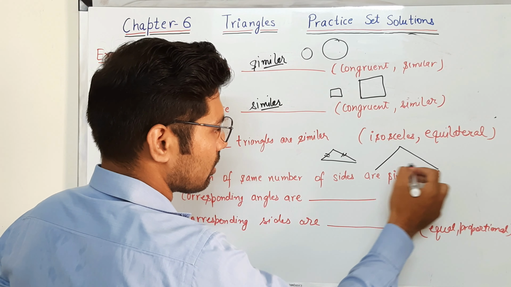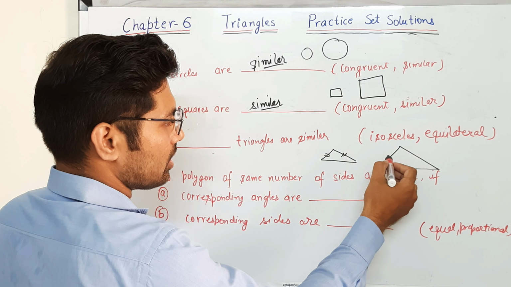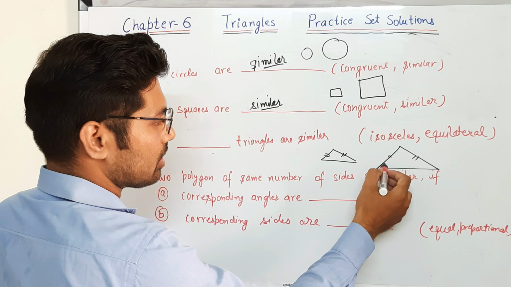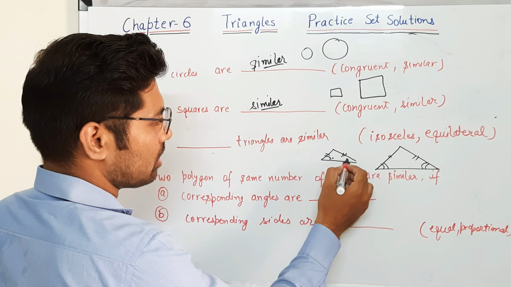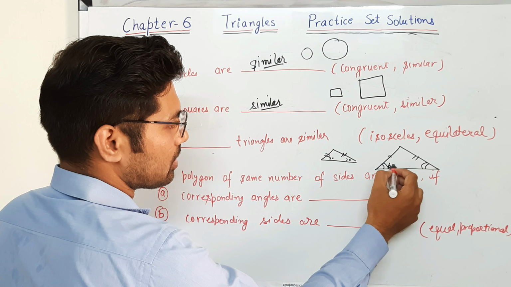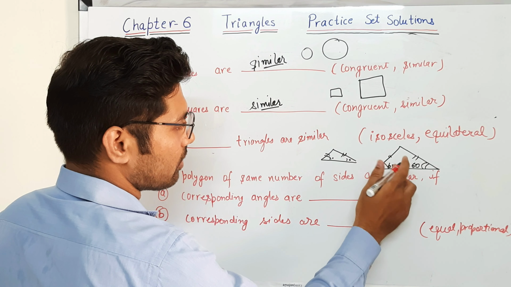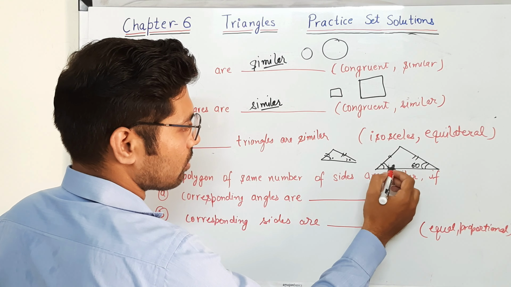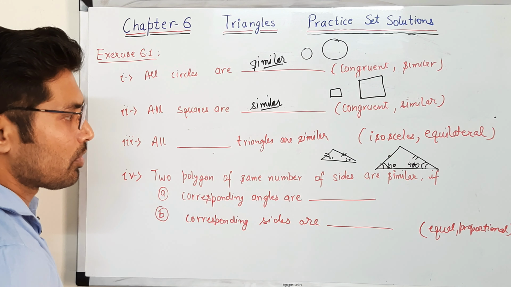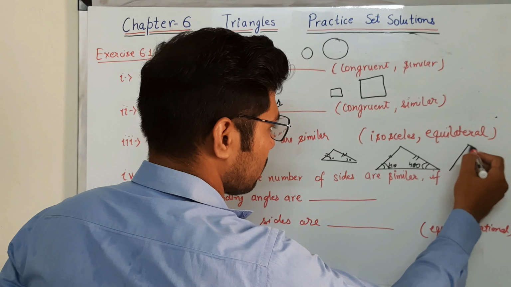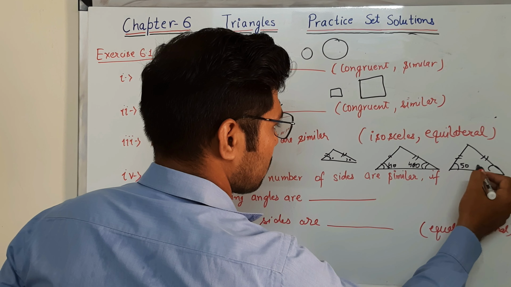Now this one. See, this one is bigger and this angle is also the same. For example, this is 20, this is 20, this is for example 60, and this is 60. Or you can take some different values because it is isosceles, so take it as 40 and 40. Or just take one more triangle. This one is the same, this is 50 and this is 50.